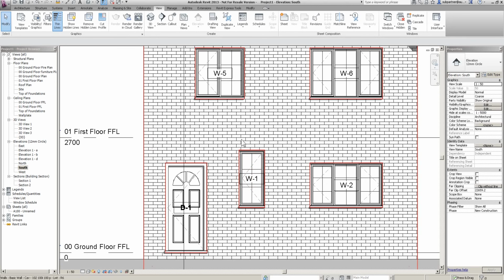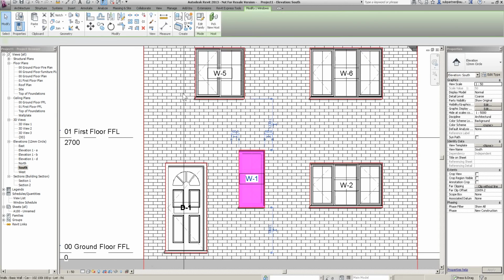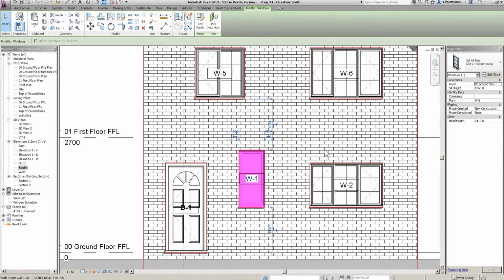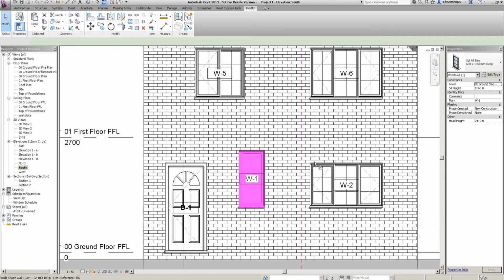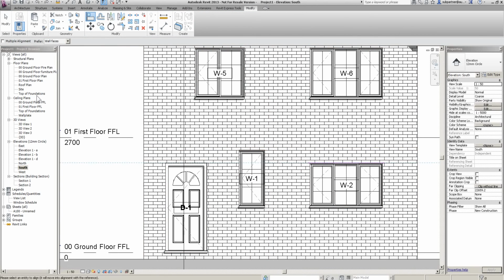Okay, now I can change this in my elevations or plans using several tools. I can highlight it, just change it in here to 2110. Done. Okay, so Control Z that to take that back up. I can use my align tool just to align that to the top of there like that. Okay, you know how to do that. But what I can also do, just to show you,